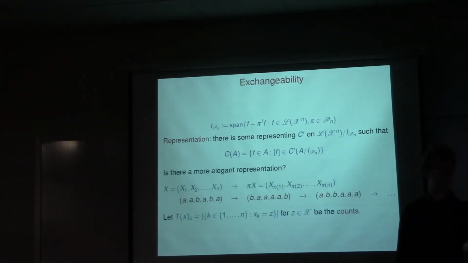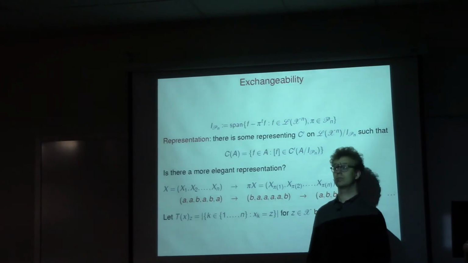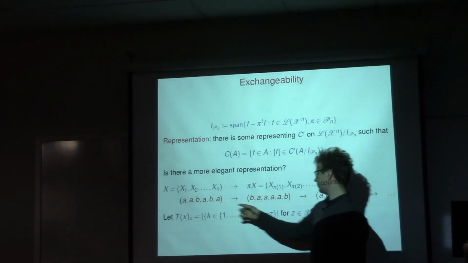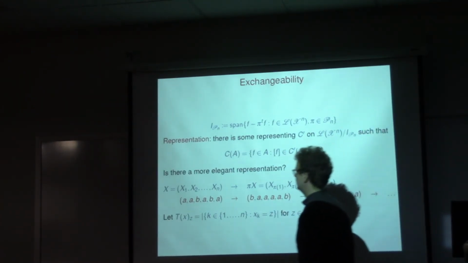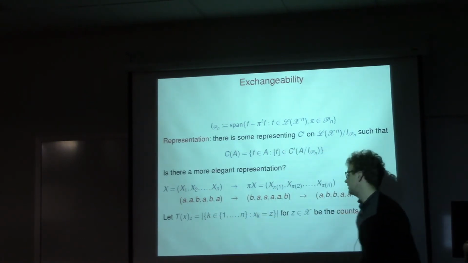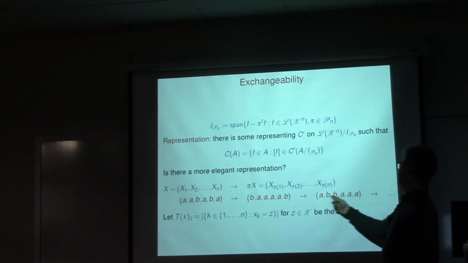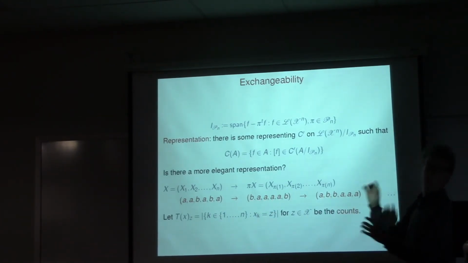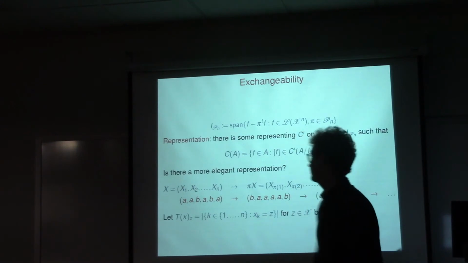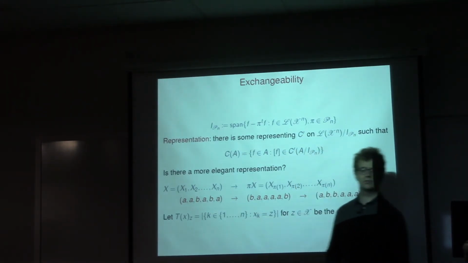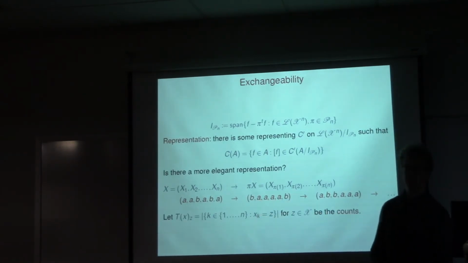So let us go back to the definition of exchangeability, in order to find a real generalization of de Finetti's results. What does it mean to observe something and to permute it? Say that I observe A, B, A, B, A, for instance. If I permute it, the result will be B, A, A, B, or A, B, B, A, and so on. What remains constant when I do this? Well, the counts remain constant. The number of times I observe A and the number of times I observe B in the sequence remain constant. So let's focus on this.